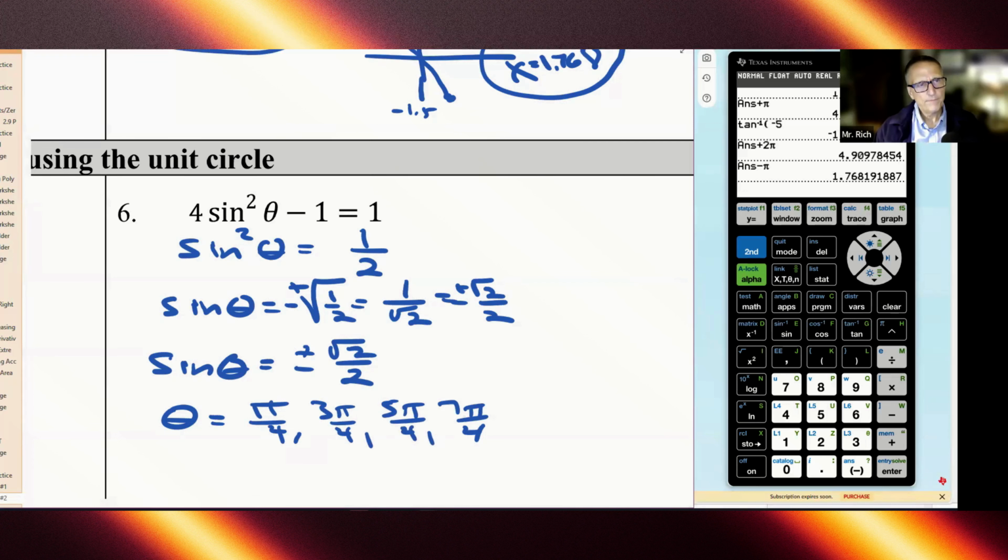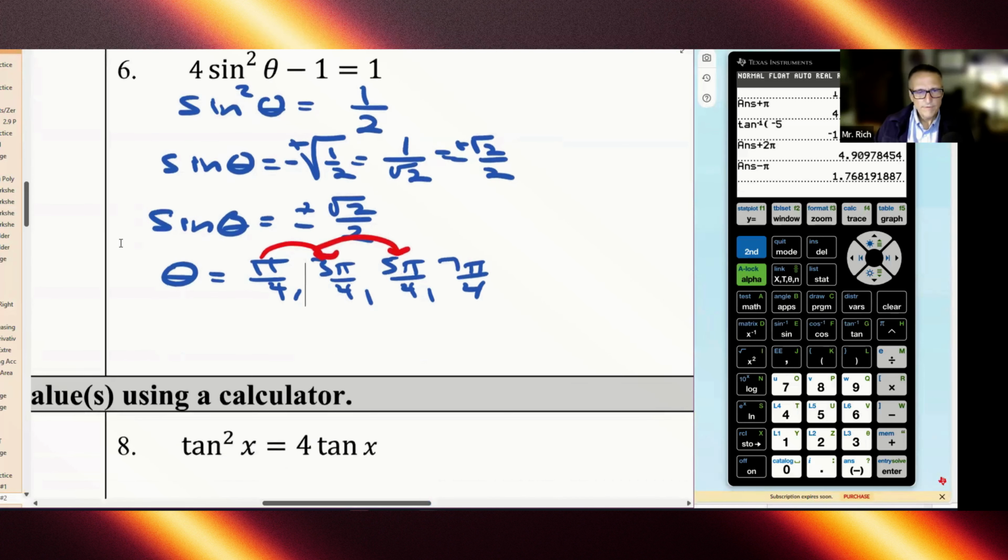But one thing I do know about this particular solution is, what is the distance between each one of these? In other words, what am I adding each time? Aren't I adding 2 pi over 4, or pi over 2, every time to find the next answer? So I can really streamline this to give all values that would be solutions. I can just say, let's start at pi over 4, and we will add pi over 2 times n, where